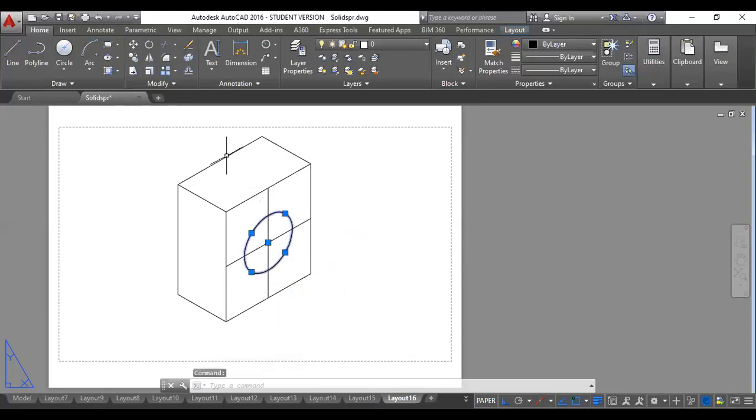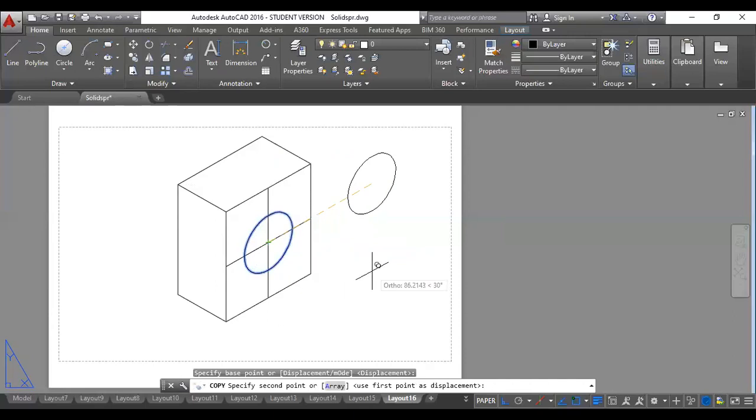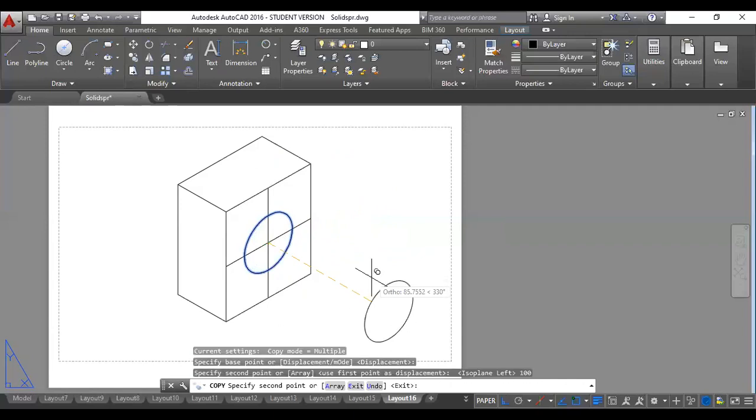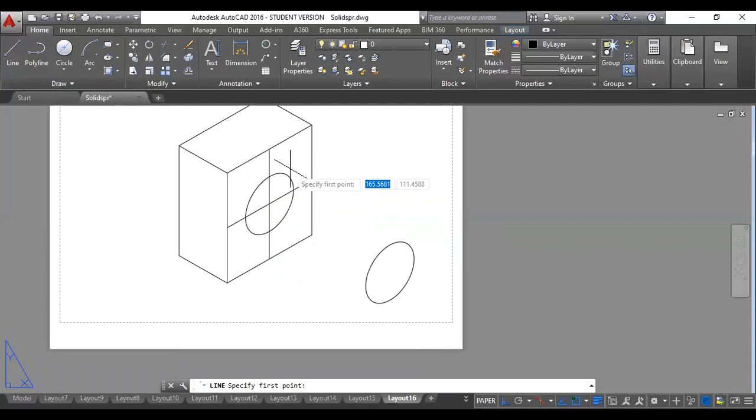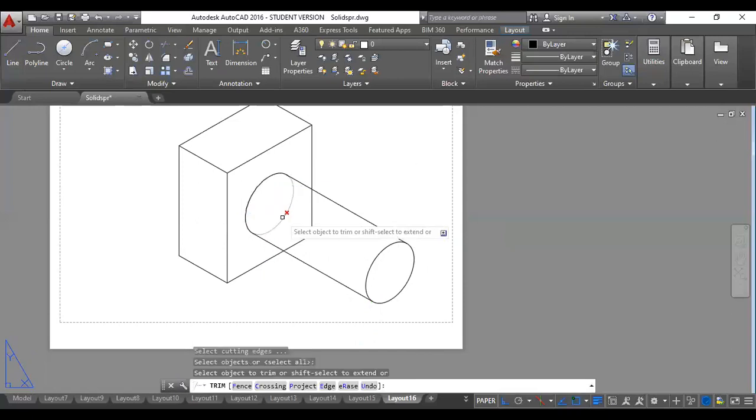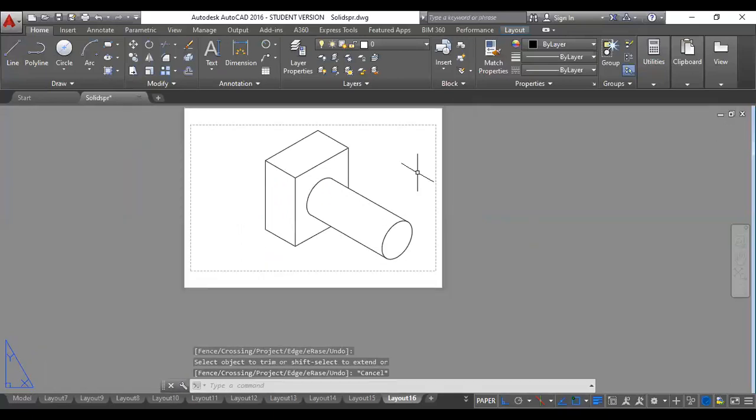So just select this, click on copy from center, press F5 and move it forward. So let us say the length is some 100 mm. Okay. So you can see I have drawn it and then you can join them tangentially. So that becomes another problem. So here this inside part of the cylinder will not be visible. These parts we will trim. So this is how you can solve the problems.